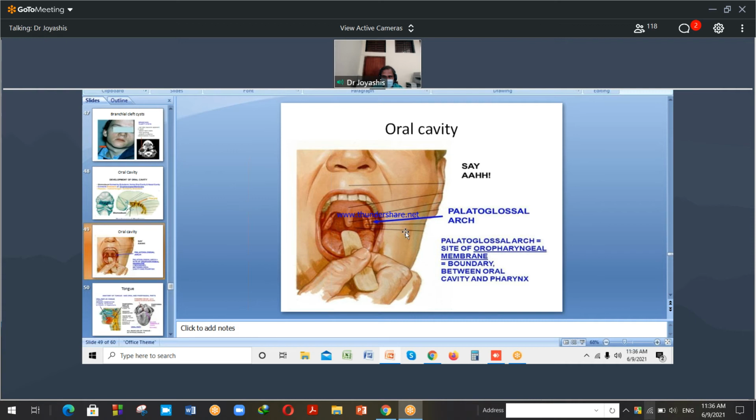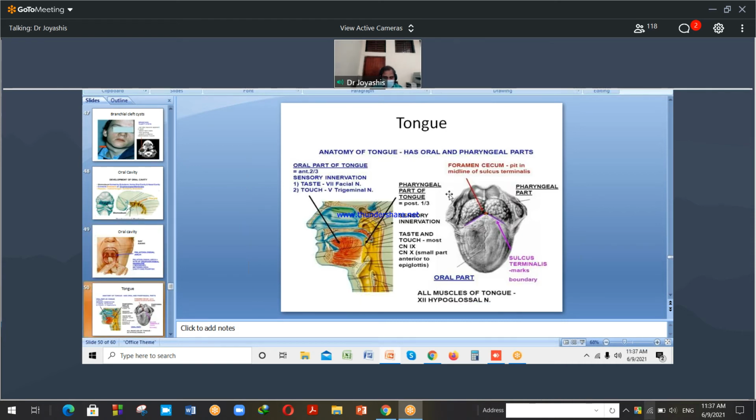This is the oral cavity, the palatoglossal arch, palatopharyngeal arch. The palatoglossal arch is the site of the oropharyngeal membrane, the boundary between the oral cavity and the pharynx. Behind it is the pharynx, and this is the oral cavity. Then